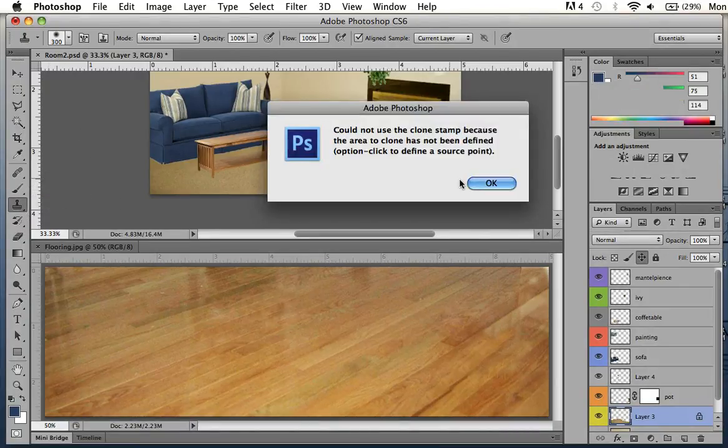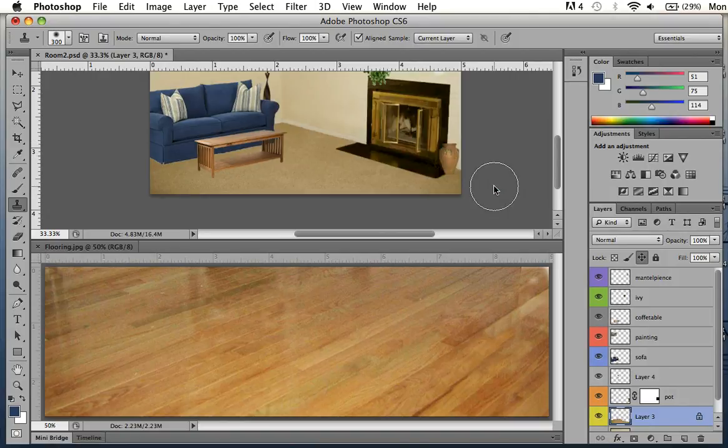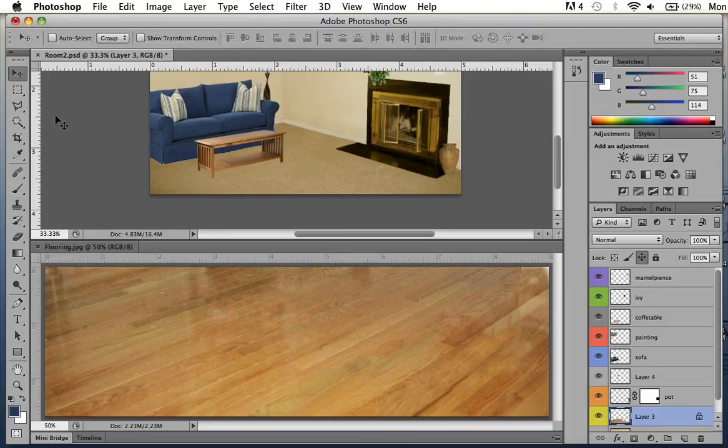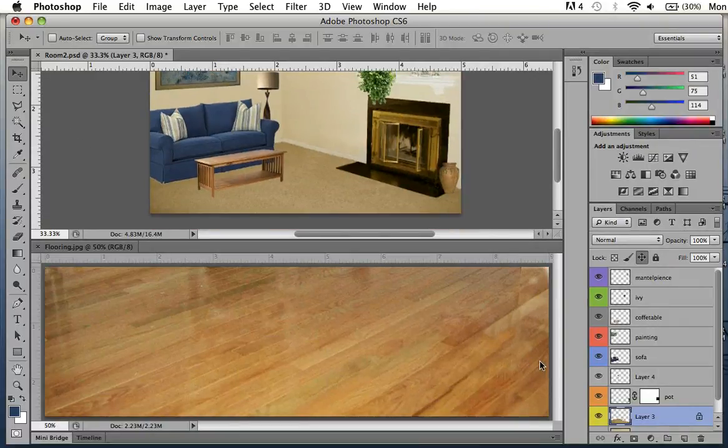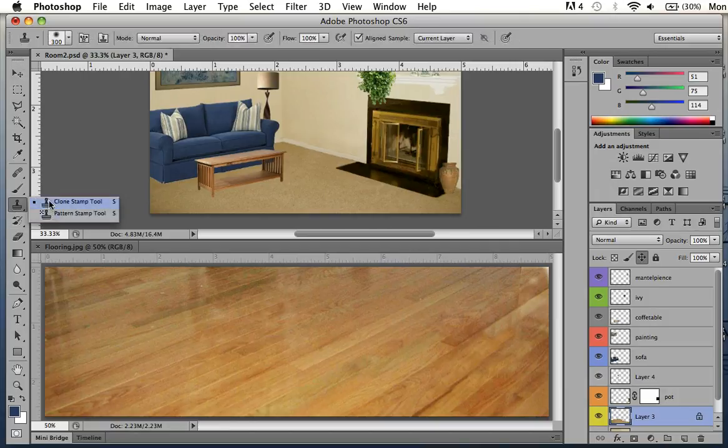So basically, oh, Photoshop could not use the clone stamp because it's not been defined. Okay. If that message comes up, it means you accidentally clicked, but you haven't sampled the image that you want to clone yet. So in order to use the clone stamp, I first, let's see. Oh yes, okay, so grab my clone stamp, and then I first need to sample the area that I want